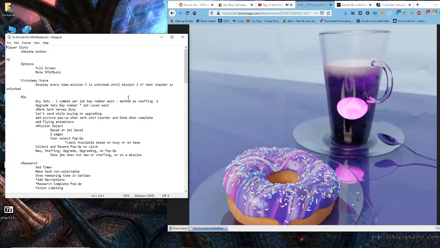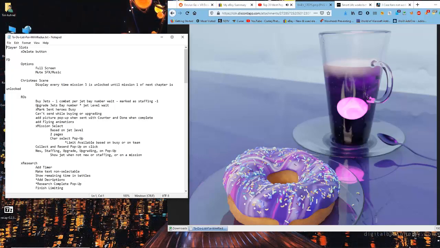So, a check mark by the major topic says that Goofy has already fulfilled that request and done it. A check mark by a minor topic means that just a piece of that particular topic was done, but not the full thing. So far he has a check mark for deleting player slots. He also wants to work on a full screen option and the ability to mute sound effects and music. Now that was of course in the Facebook version.